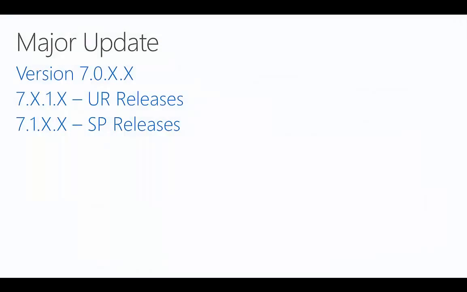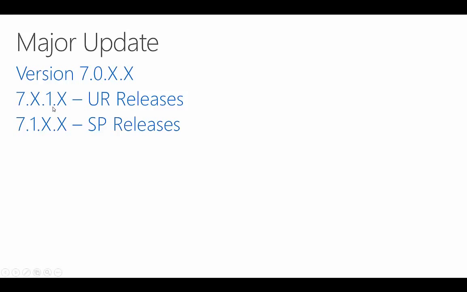This update to Dynamics CRM 2015 is a major update. You will see the version number change from 6.1 to 7.0. With our update rollup releases that we'll be releasing, we'll keep the same numbering schema. So you will see the third digit change to the number corresponding to the update rollup release. So in the case of update rollup 1, we'll have